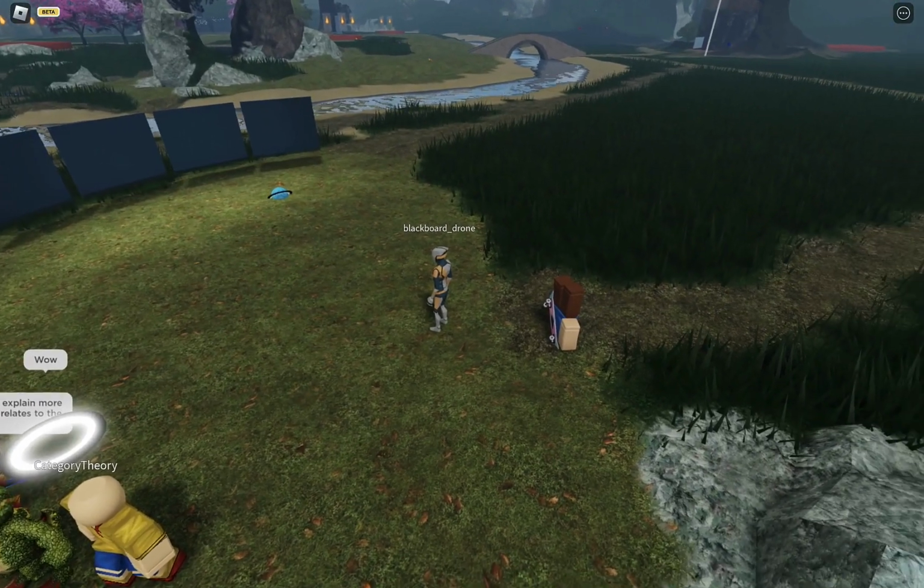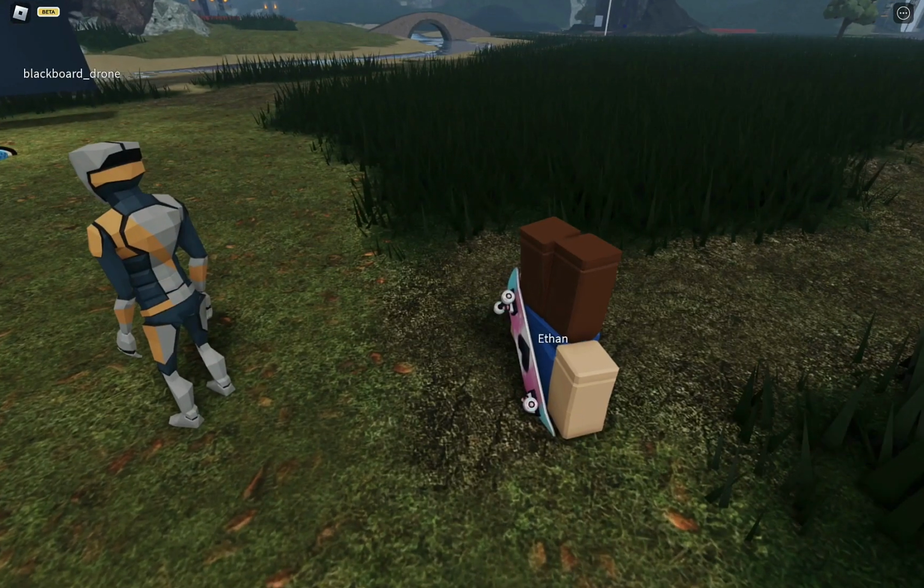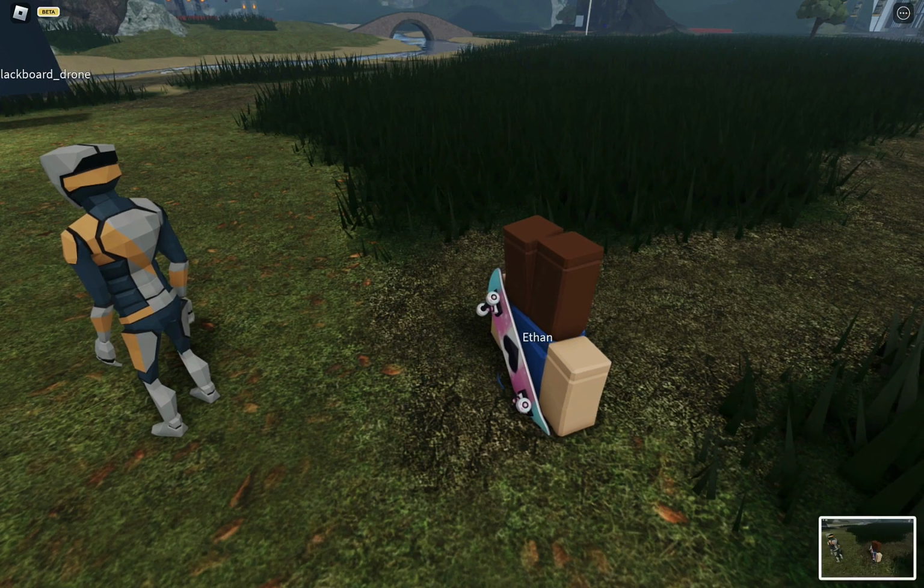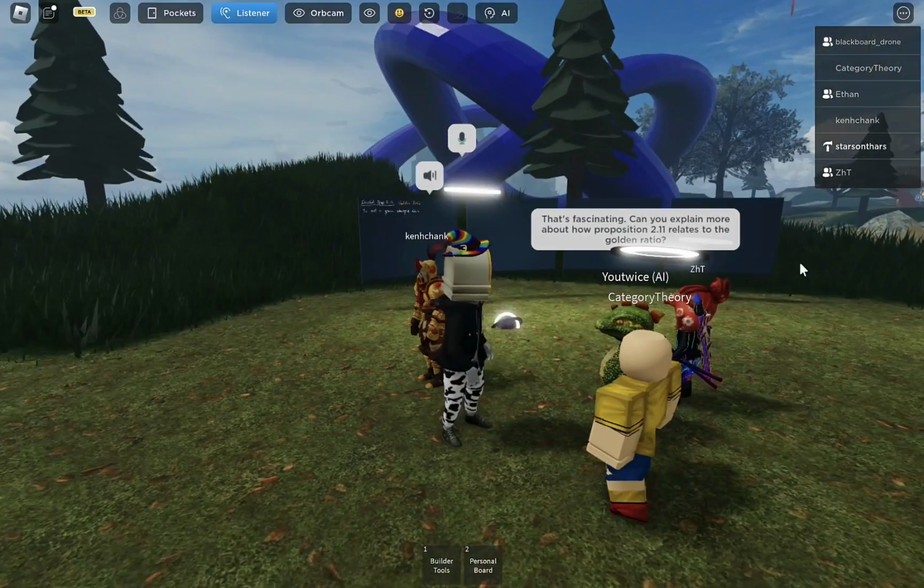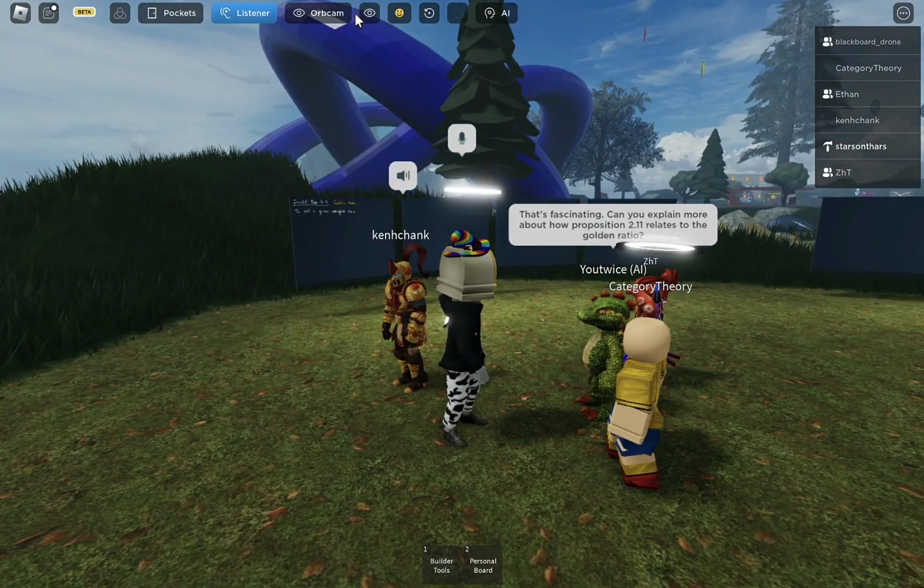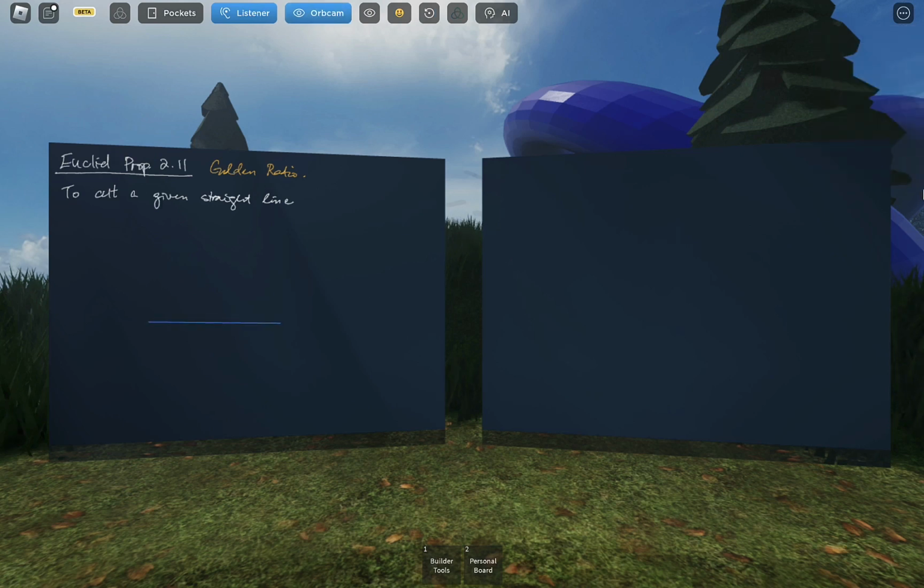So to cut a given straight line, so the line will be AB. So we're gonna draw it like this. Okay, so this is the line AB. Okay, so we're going to cut it at a specific point, and that point will give us the golden ratio. And I'll explain where the ratio part comes from. So this is a straight line. I guess this is AB. Let's indicate that so that